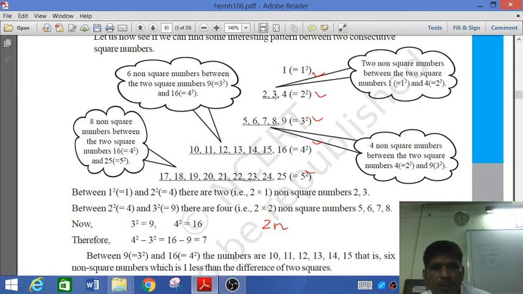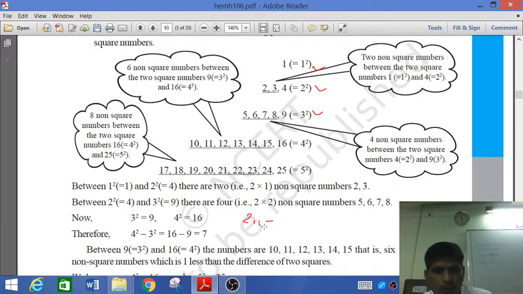So between 1 and 2, 2 numbers are there, so again 2 into 1, the answer is 2. Now between 2 and 3, 2 into n, so here 2n. The 2n formula is